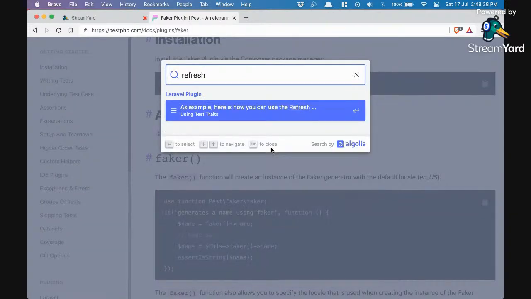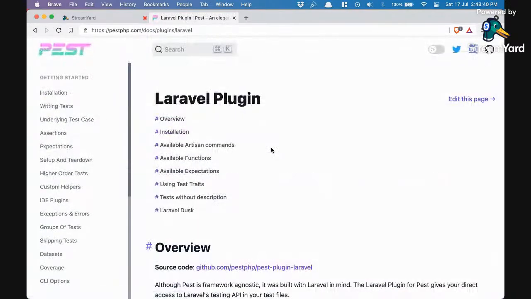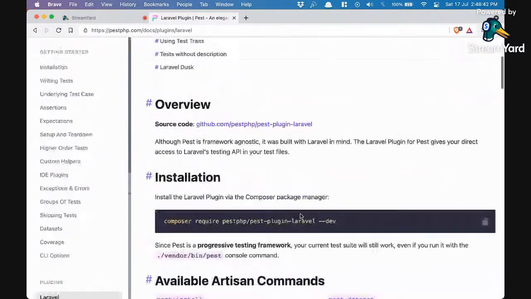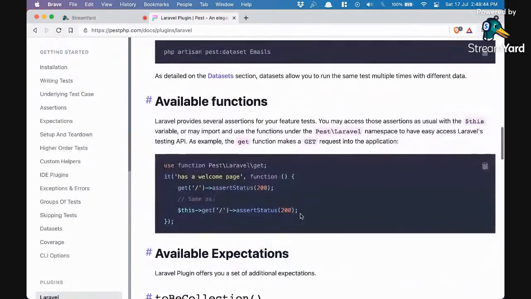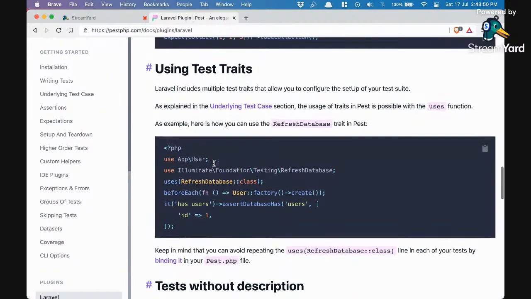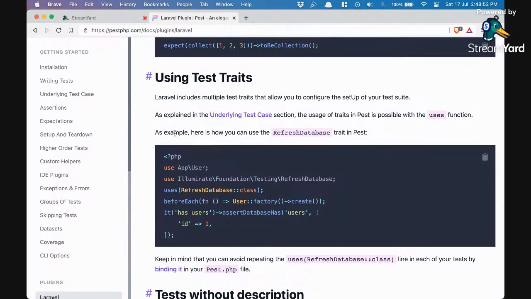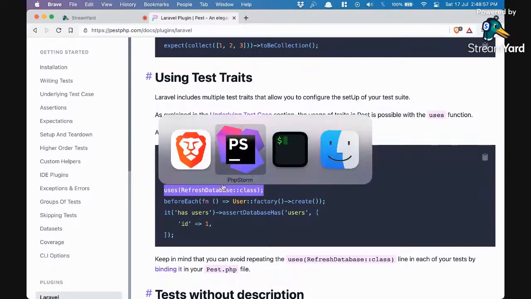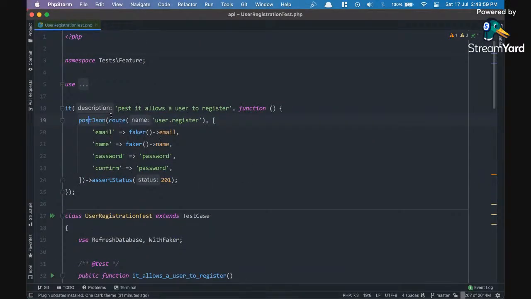Example is, does it say refresh database? Do I have something in here? Refresh database, right? Okay, so it says I can use it like this. Okay, I'll basically, what is happening is